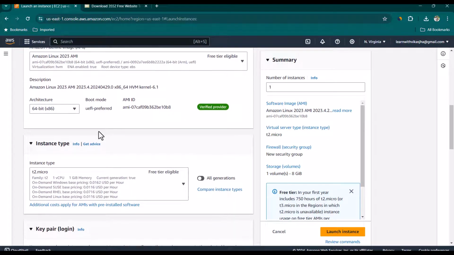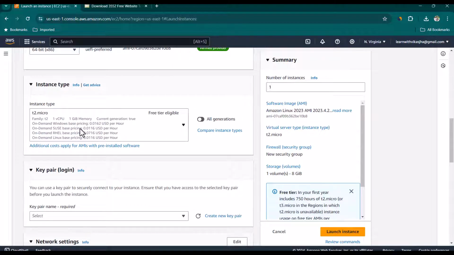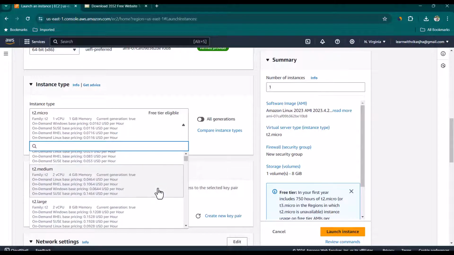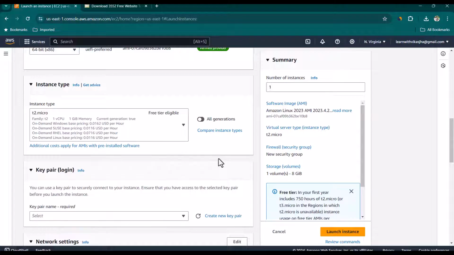And then you can scroll down, select the architecture. So in this case, I'm just going to use 64-bit. And then in the instance type, you can always select the one which you need. In this case, since it is a demo, T2 micro, which has one virtual CPU, 1 GB of memory should be enough. But you can choose the one which you need depending on the demand of your